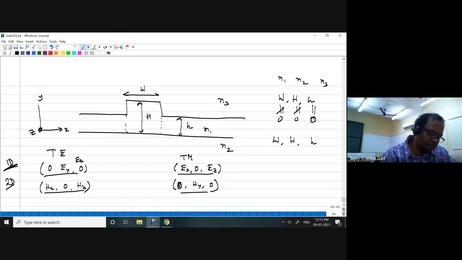So in case of 2D, the Ez component should be introduced. And for TM, similarly, we have to introduce some longitudinal component, Hz. Then only this type of structure can satisfy Maxwell's equations for these two electric field components and two magnetic field components, and then it can guide. Other components can be present also, for example Ex, but that can be too small compared to the other components, so you can ignore them.